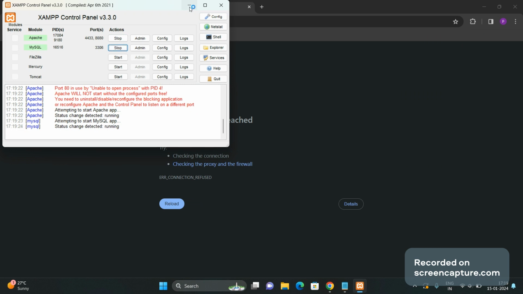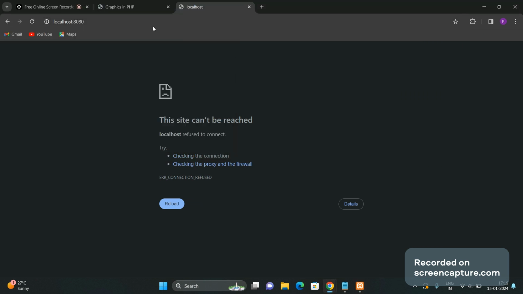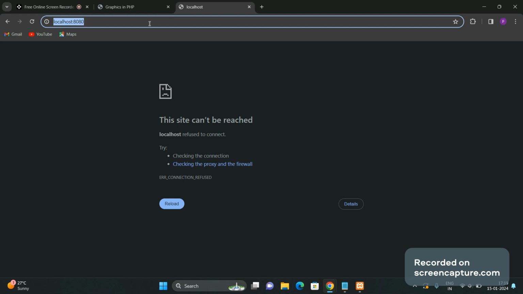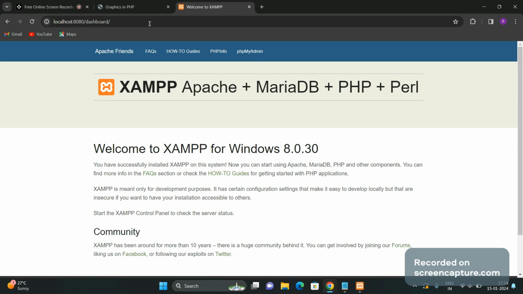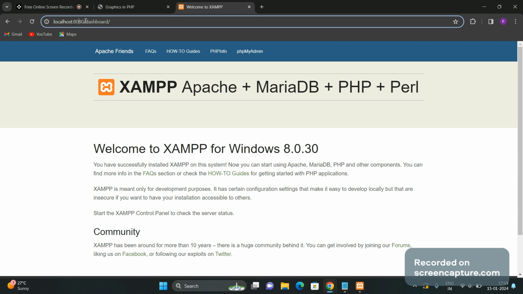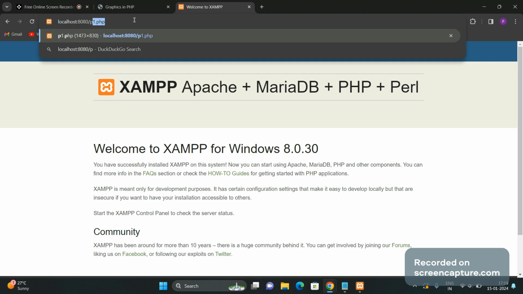Keep this control panel minimized and now click on refresh on your page. Your XAMPP is working. Now localhost is started. By removing this dashboard, we have to give the name of our file, p1.php. Now only a small square box is shown over here. While running PHP graphics on web pages or on localhost, if such a box appears, or if you get an error like